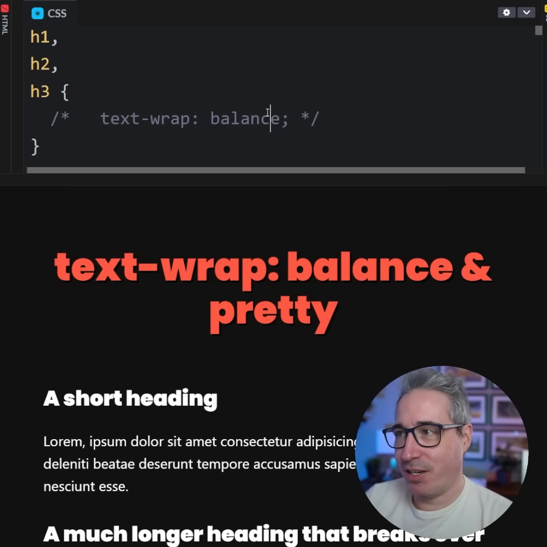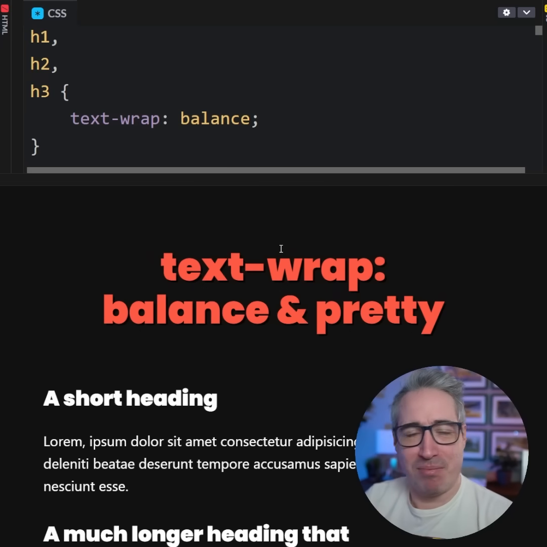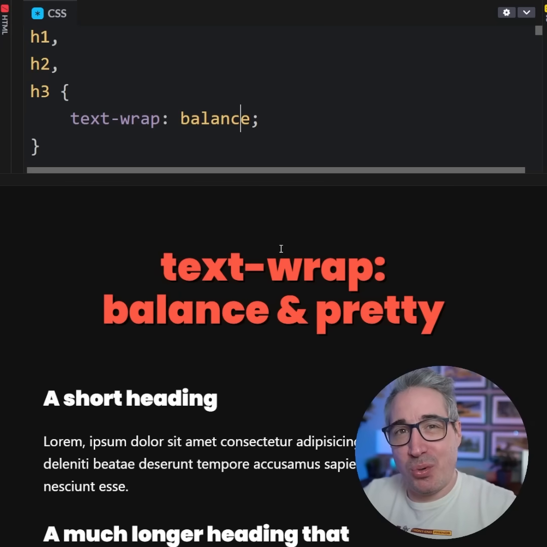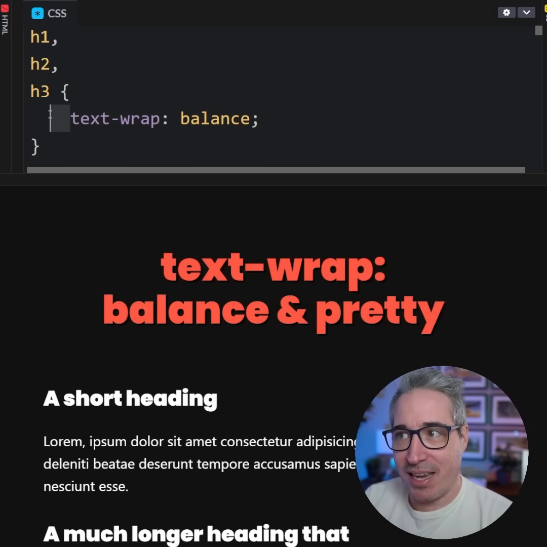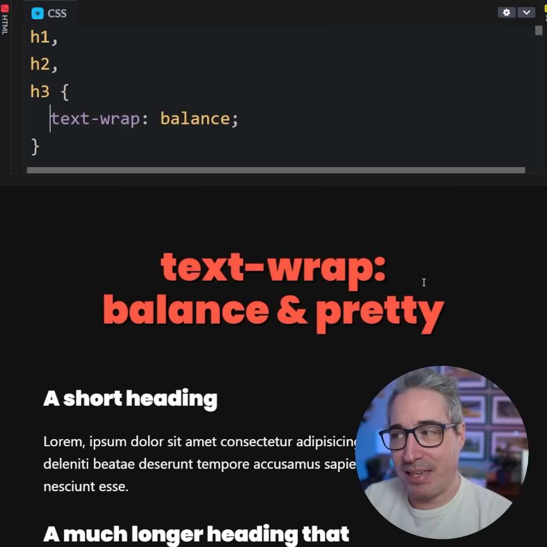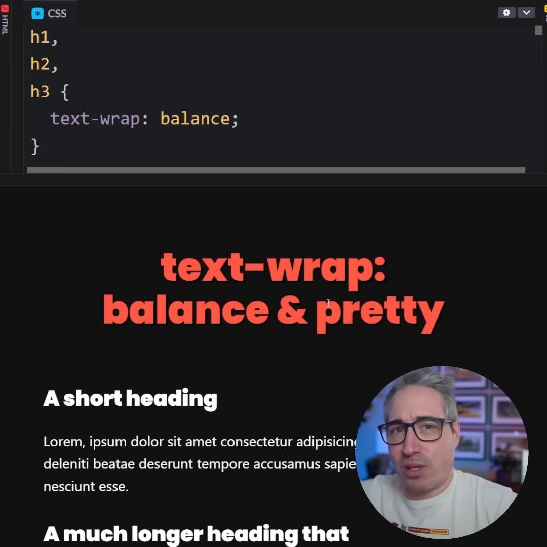If I throw this on here, it's going to balance out the heading. Instead of being by itself, it makes it more balanced. And this is generally supposed to be used for when you have headings and two to three lines of text, where it will balance those lines out, meaning the spacing, like here, this line is now shorter than this line, which can look weird, but on a title with really big font sizes and short line lengths,